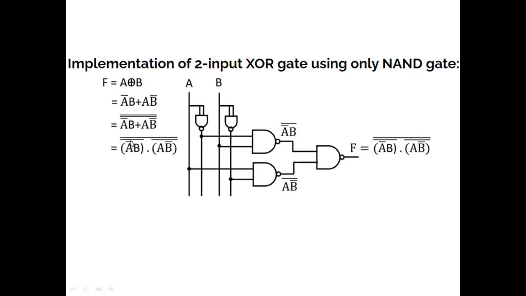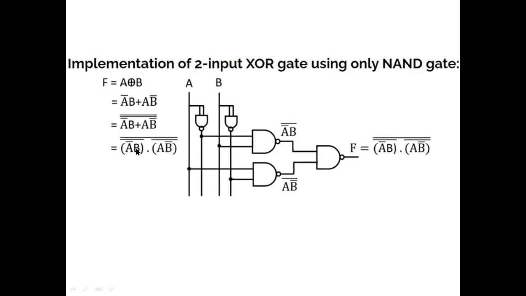When you require A bar, it is a two-input short-circuited NAND, so it results in A bar. You have to again perform the NAND operation with B, so A bar dot B is NANDed here. Next one is A B bar. So A B bar is taken with the help of a two-input short-circuited NAND gate. So it is now A and this is B bar NANDed. So these two are now ready.